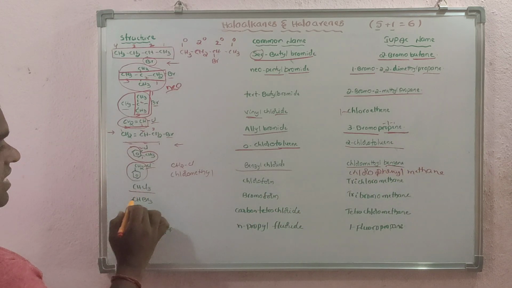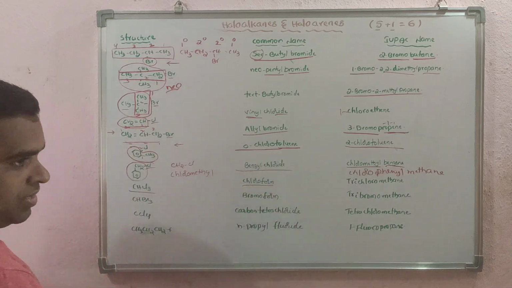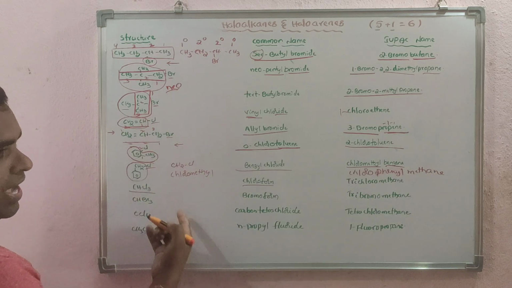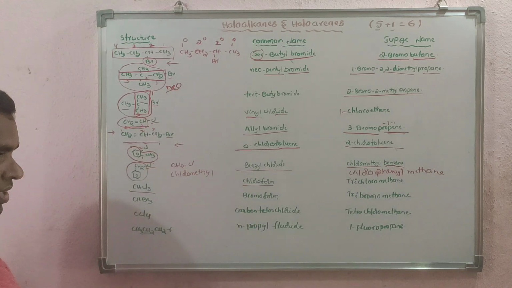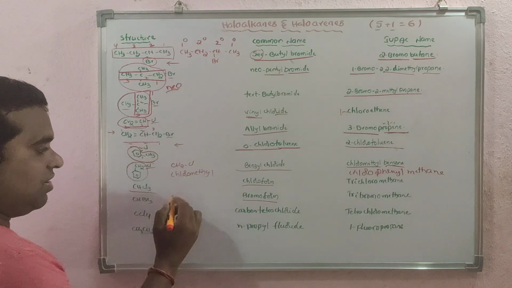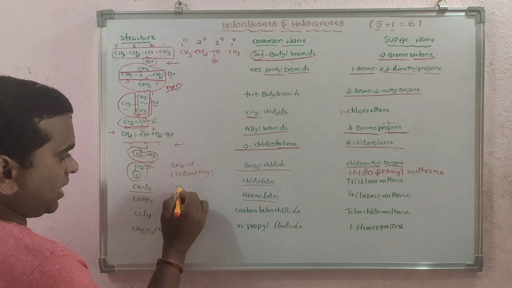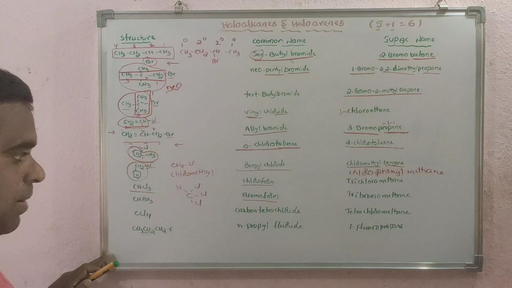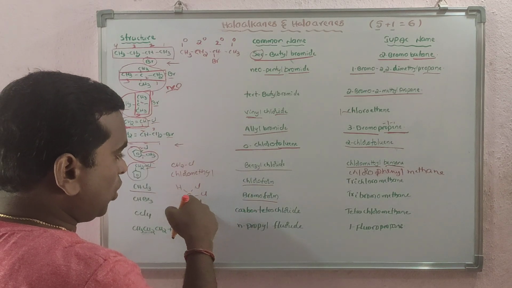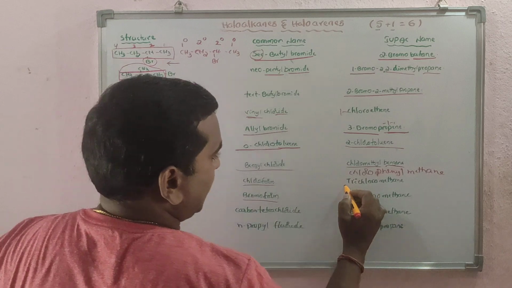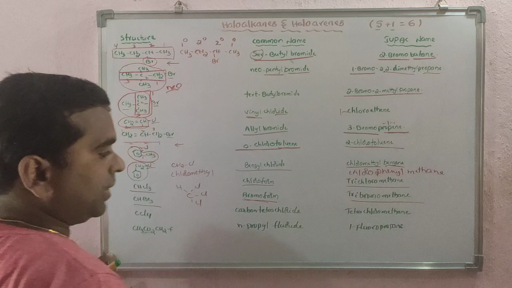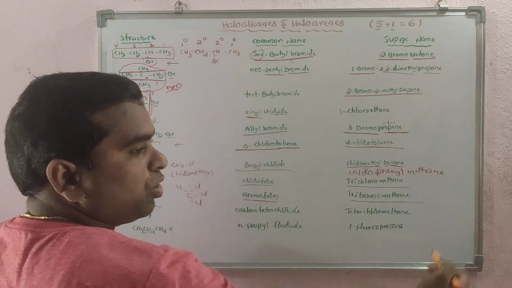Clear? And next one, CHCl3, it is chloroform. If Cl3 is there, chloroform; Br3 is there, bromoform; I3 is there, iodoform. Those are the common names for these compounds. Now, if you start giving numbering, meaning start writing the IUPAC name, how many chlorine atoms are present here? 3 chlorine atoms on the first carbon. So that's why trichloro, and one carbon means methane. Trichloromethane. If bromine is there, bromoform, tribromomethane. If iodine is there, iodoform, triiodomethane.